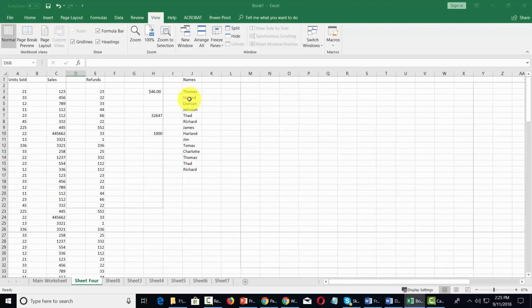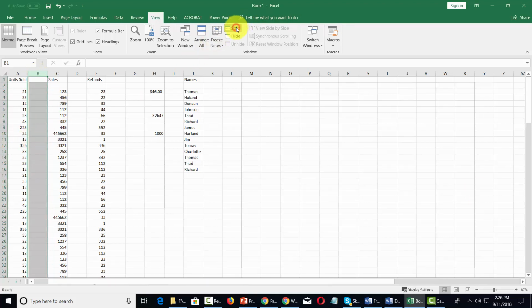And we can make our spreadsheet usable in ways that make it easy for us to work with our data. So for example, let's assume that you have information that's off the screen, but you want to match it up with a column that you already have on the left side. One of the things you can do is use the split command. So we're going to place our cursor at this point in the column. We're then going to click the split command. We're then going to place our cursor here,